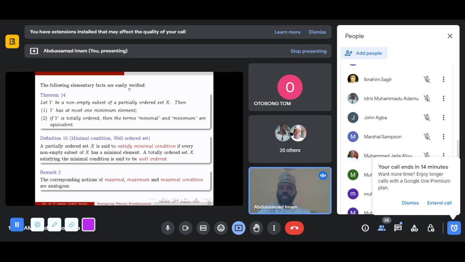And then the following elementary fact can be easily verified. I did not include the proof because it is clear from the definition. If you have a non-empty subset of a partially ordered set X, then